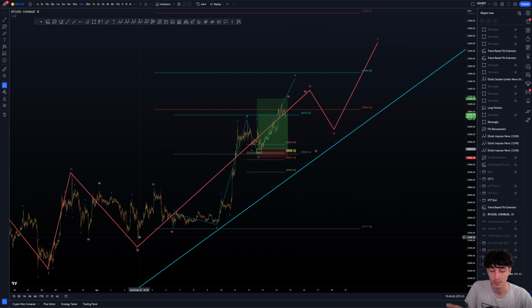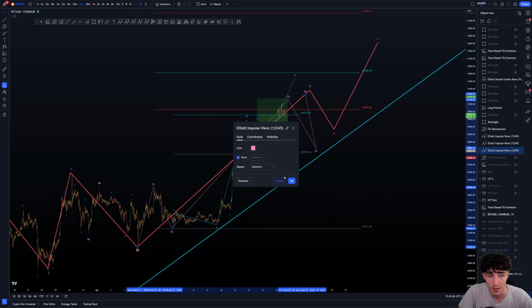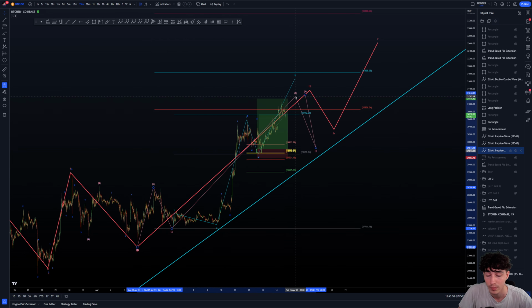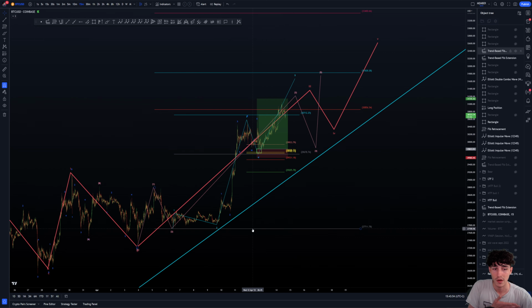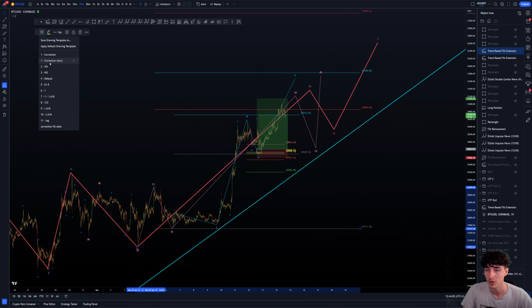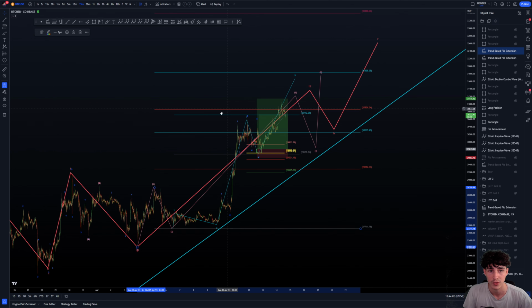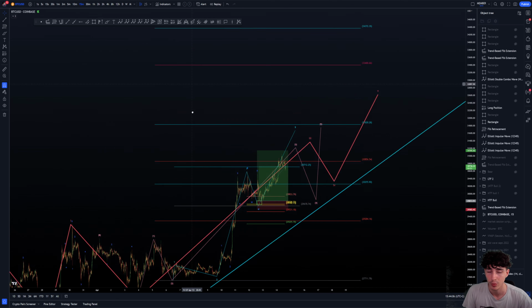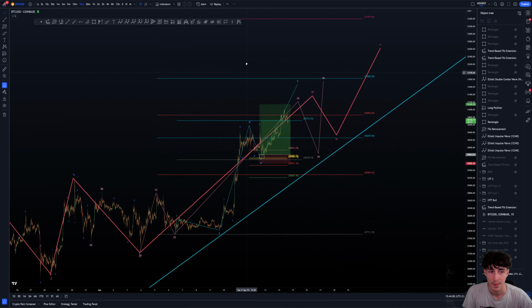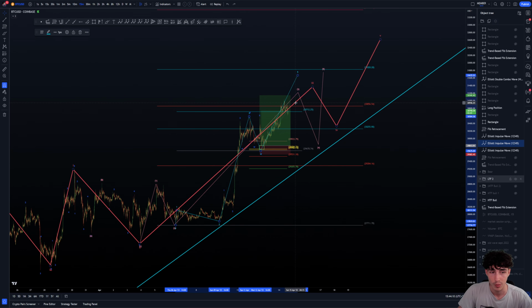So the smaller wave target or the bigger wave target, so to speak. Here you just have to add the impulsive pink waves here, wave 3 targets. And to do so, you just have to place your extension tool from the wave 1 root to the wave 1 top to the wave 2 bottom. From here you add the 618, 1-to-1 extension, 1618, 200%, 261, 361, and 423.6. And if you get acceptance above right here, the maximum light blue wave 5 target,